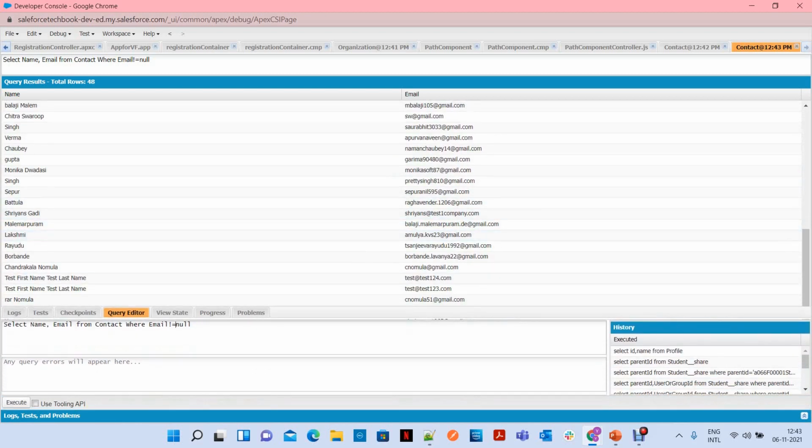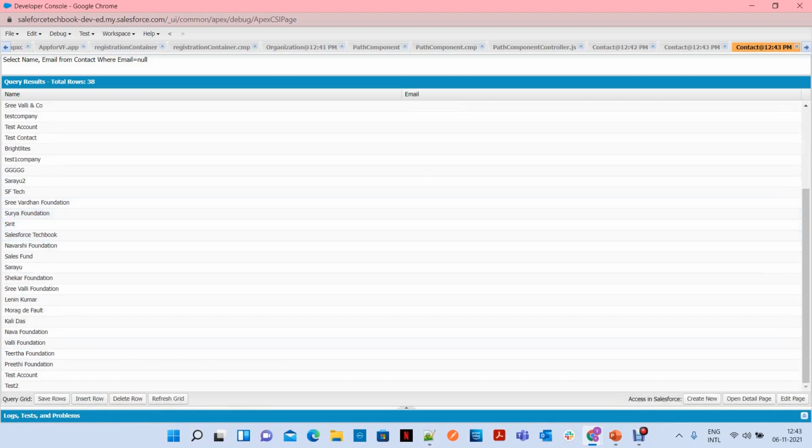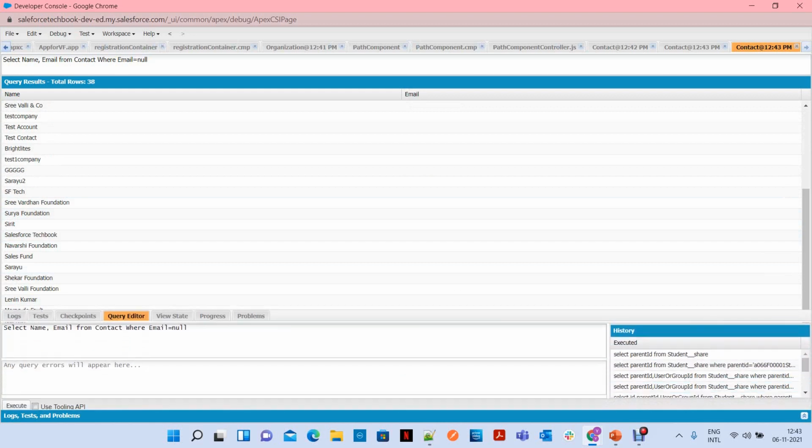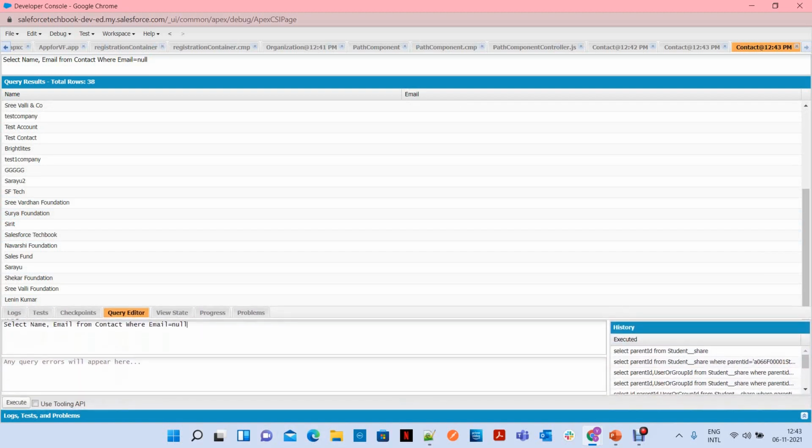If you put equals null, then it returns records which don't have an email address. Now this is how you can use the WHERE condition. Now let's see one more thing.